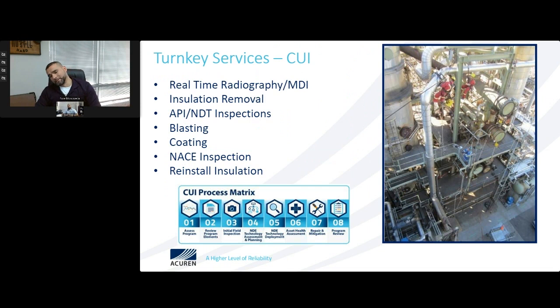And looking at some of these services, turnkey, right? A lot of customers that we deal with have CUI concerns, and CUI stands for corrosion under insulation. And putting a team together that is going to be multi-crafted, right? A team of 3, a team of 4, depending on the duration and the scope of work, how large it may be. These members are going to be multi-crafted, and seeing this first bullet point, it's RTR, right? One of the members will have a